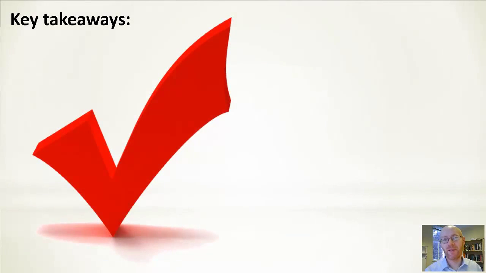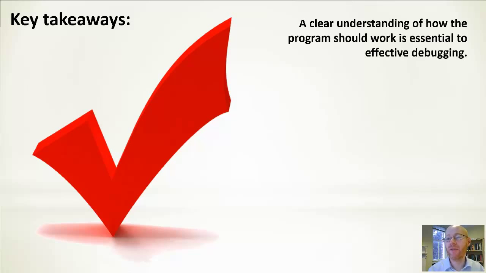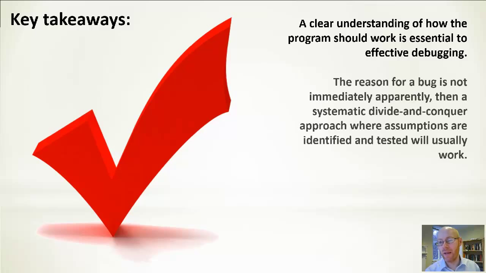So key takeaways in this, there are only a couple here. A clear understanding of how the program should work is essential for effective debugging. So you should understand precisely what behavior you are looking for, what constitutes correct behavior, what constitutes incorrect behavior. If you don't have that, there's no point debugging. The second one then, if the reason for the bug is not apparent, then